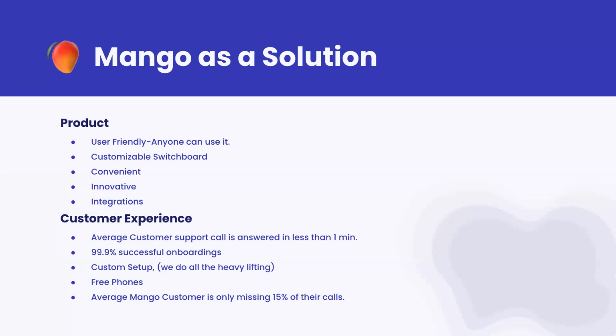And this is where we feel like we stand out way better than the rest of the phone space. The average customer support call for us at Mango Voice is less than a minute. Okay, so just want to reiterate this again. If anyone's ever called any type of support, whether it was an airline, or a doctor's office, or if you're trying to call